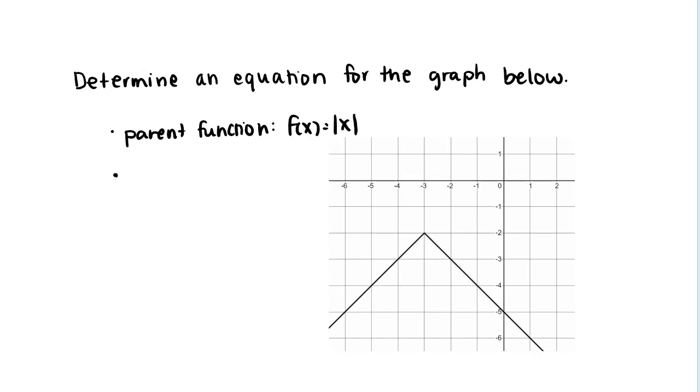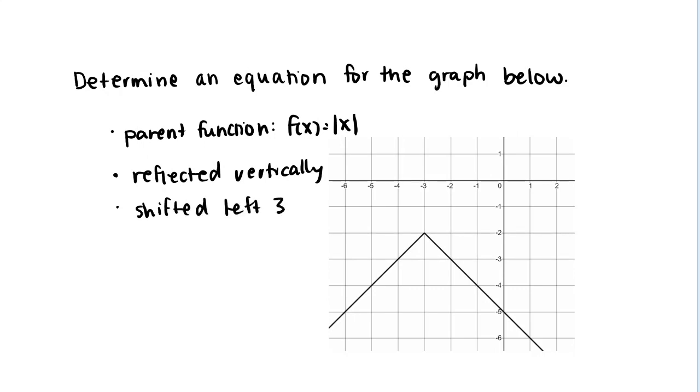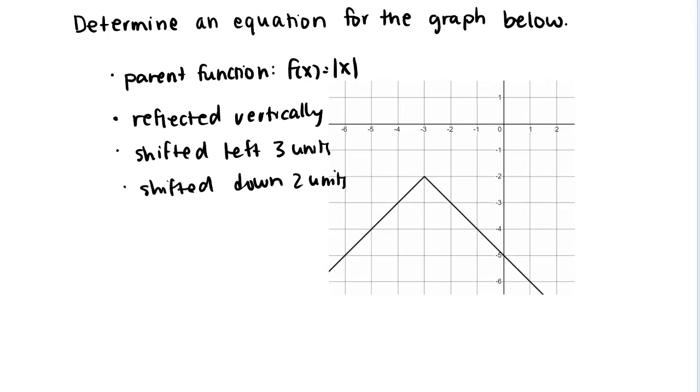Well, it's the absolute value function, but reflected vertically. What else has happened? It's been shifted left 3 units, and it's been shifted down 2 units. And so to put this all together, I can think of g of x as this function here,